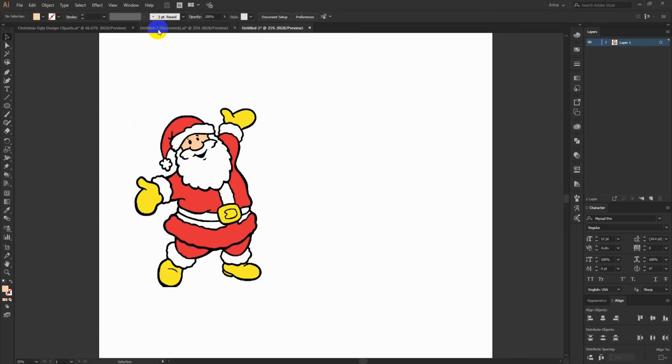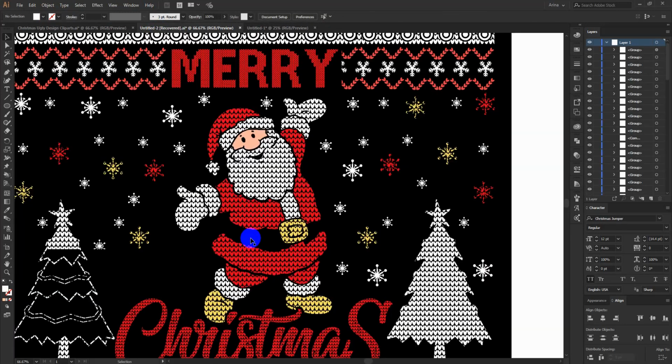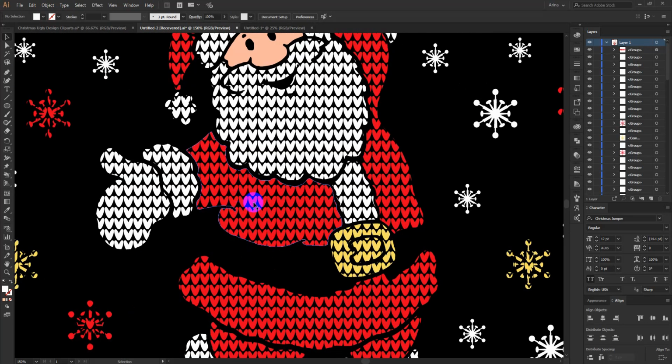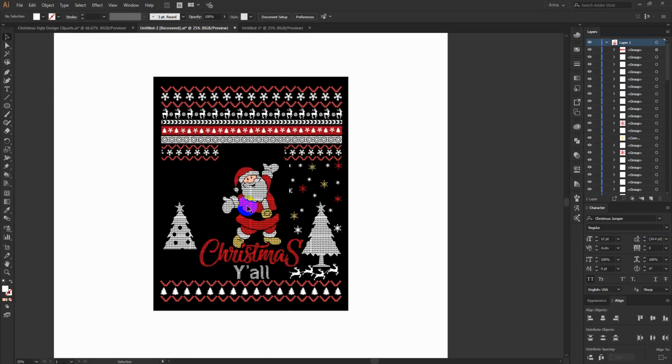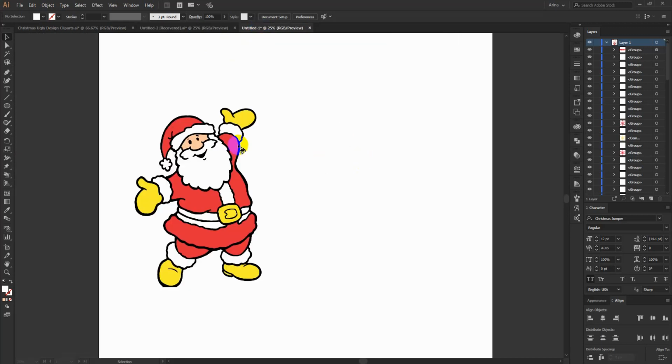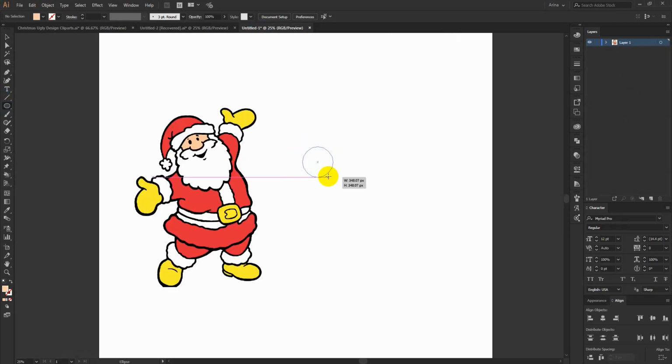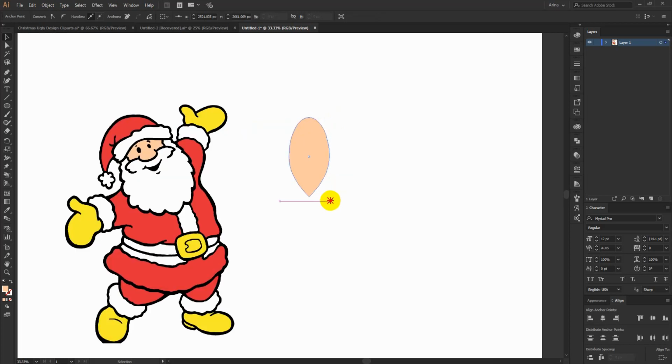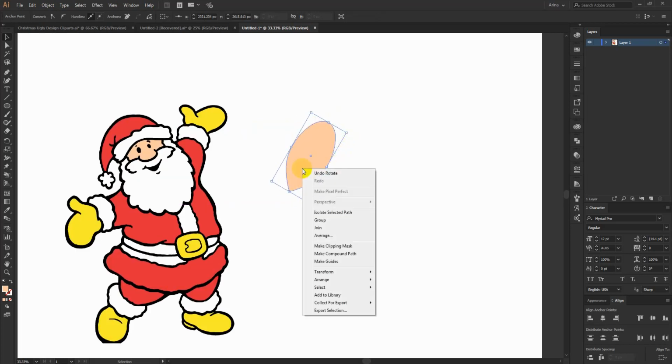Okay, now I need to make these patterns here. You can see these small little patterns here. I need to make them. So for that one here, I am going to use an ellipse, pressing A to bring my direct selection tool, selecting this lower anchor point only, then clicking here, convert selected anchor point to corner. It will make it a corner. So that is all for me now. I am making this a bit larger, something like this, or maybe rotate a bit.